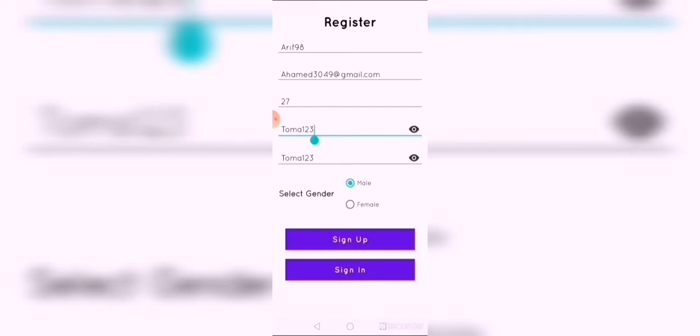Then after filling the form, click on the sign up button. The user is registered successfully.